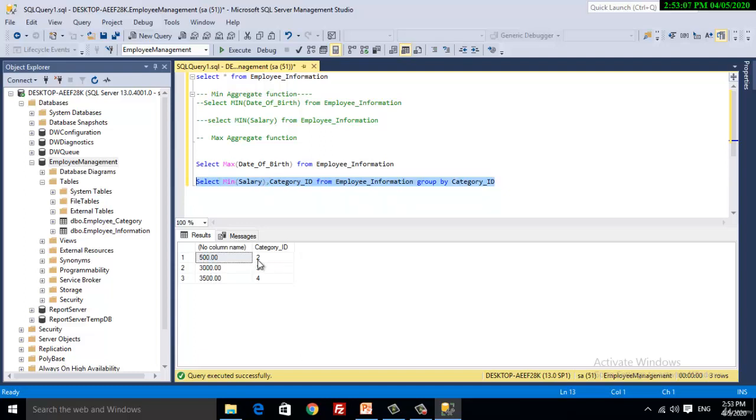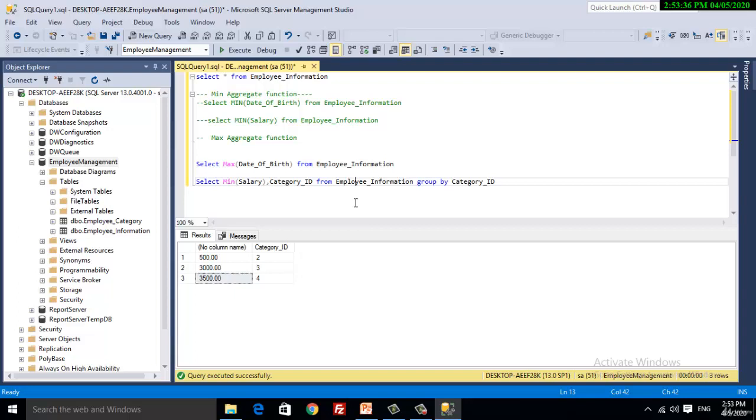Okay, see the result. Category ID 2 contains the minimum salary 500. Category 3 contains the minimum salary 3000. Category 4 contains the minimum value in column salary, 3500. I think now it is very clear to you how to use the aggregate functions to get the summary of data.